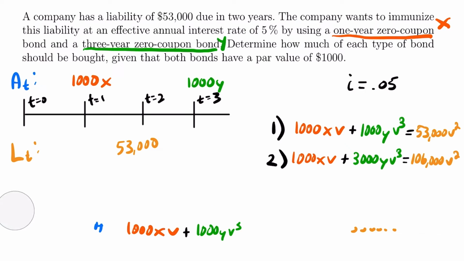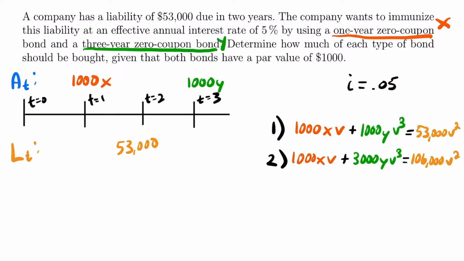Okay, so now what we have are two equations that we can use to solve for x and y, which are the amount of the 0 coupon bonds that the company needs to buy in order to achieve immunization, or more specifically in this case, full immunization, since their liability is sandwiched between two assets. Okay, so we use the different conditions of immunization to set up these two equations. All right, now there's a couple different ways that we could go about solving for x and y here, but